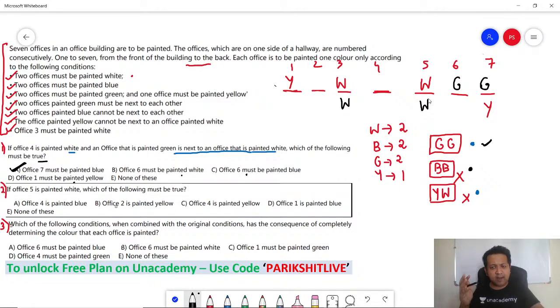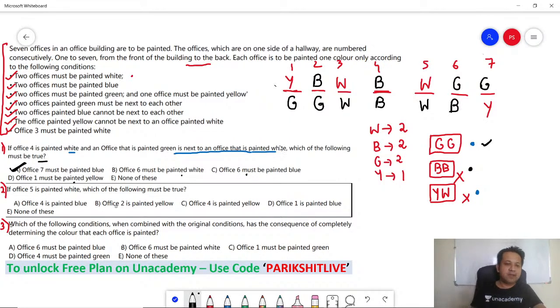That is alternative 1. In alternative 2, the two greens, remember they got to be together, so they can be at number 1 and number 2. Correct? The two blues cannot be together. Absolutely fine. So in scenario 1, blue can be at number 2 and at number 4, and in scenario 2, blue can be at number 4 and at number 6. And you are done.